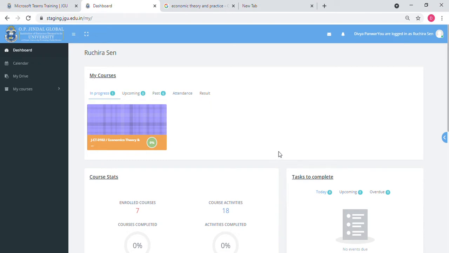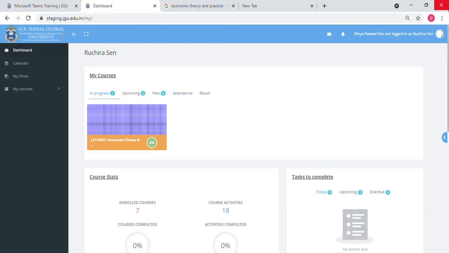So in this video, we will be demonstrating how to add resources and activities for a particular course on UMS. Similar to the addition of assignment and quiz, we can also add resources on UMS like books, files and folders. So first, let us start by adding a book.